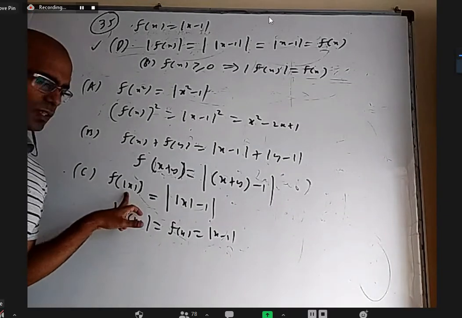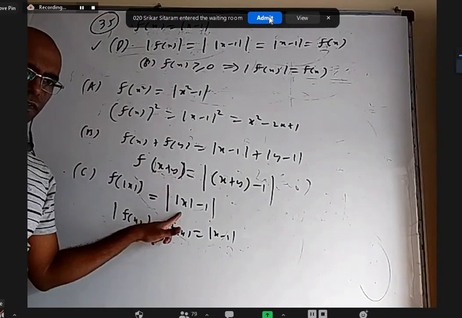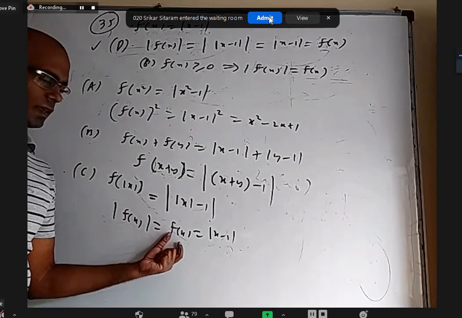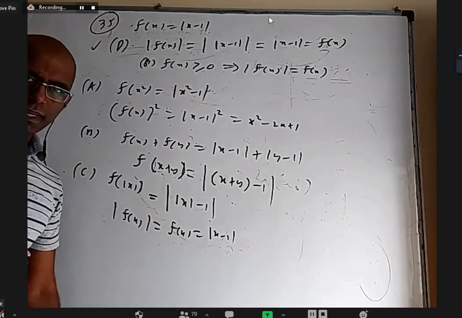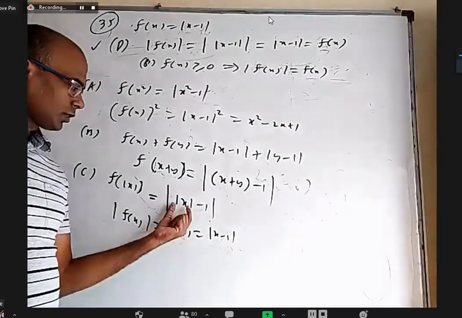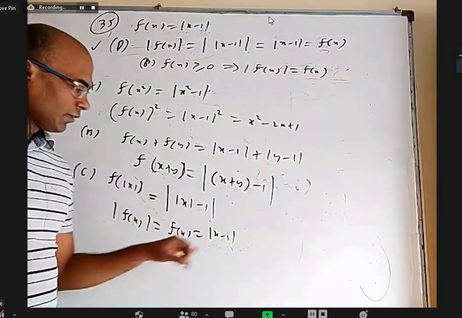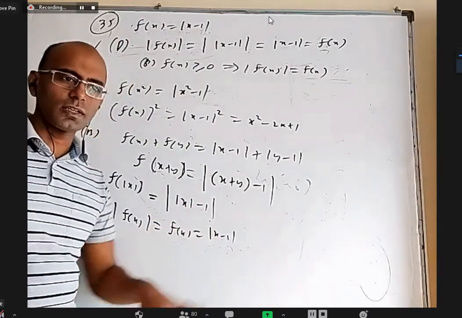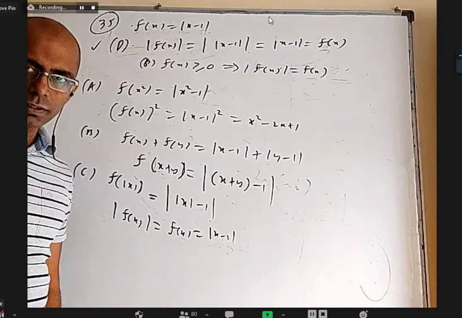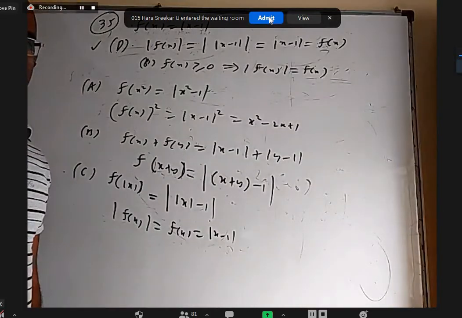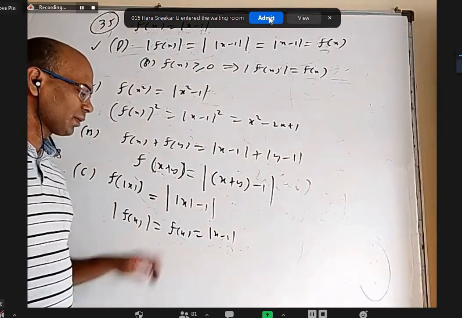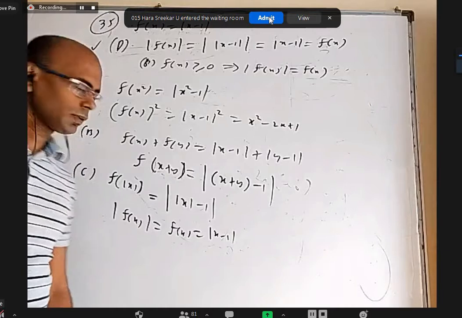F of mod x means wherever x is there, you have to write mod x in f of x definition. Whereas mod f of x, because f of x is positive, is same as f of x, which is this. They are not same. For example, if you take x as -5, what is the answer here? This will become 5. 5 minus 1 will be 4. Whereas here, if you put -5, it will be -6, and it will be 6. So when you put -5, this answer is 4. This answer is 6. They're completely different, right? Of course, if you take positive numbers, you don't find any difference. You take 9, 10, 11, you don't find any such thing. When you take negative numbers, you see these two are different. Okay, that is C bit.